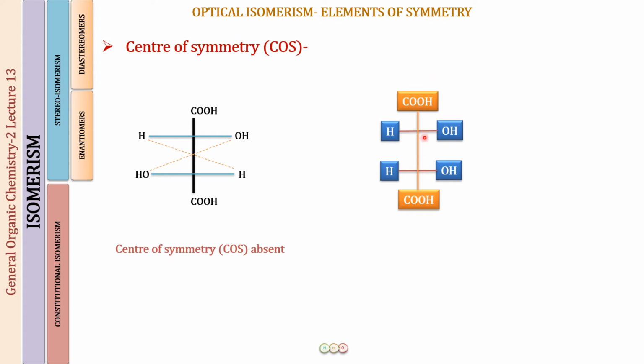So this compound has the same IUPAC name as this compound. These two compounds have the same molecular formula. These two compounds have the same structural formula. What is the difference in them? In this one, what you can see is that on this side of the carbon-carbon bond we have an H and an OH, while here you have two H on one side and the two OH on the other side. So they are differing in the spatial arrangement of atoms. They are both stereoisomers.